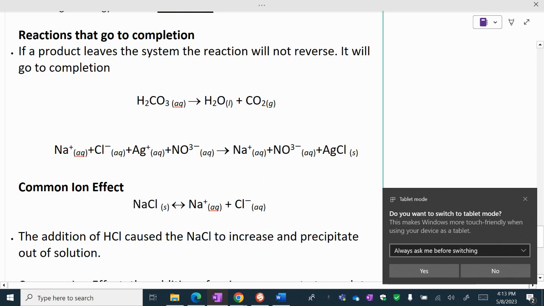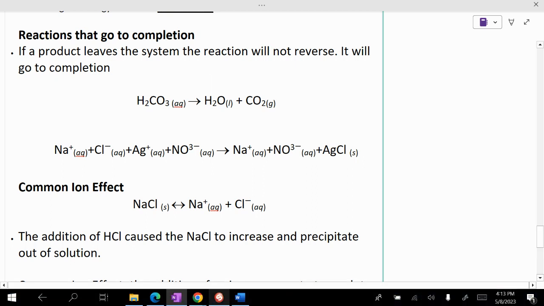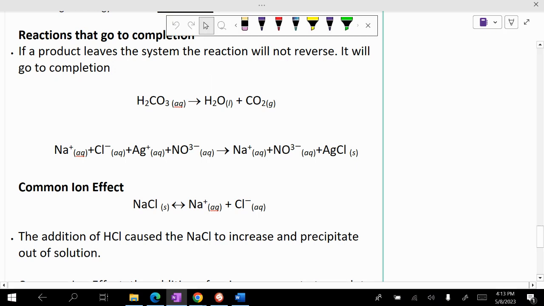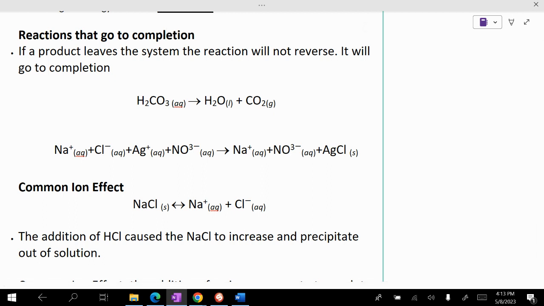So far we've been talking about reversible reactions, systems at equilibrium. But if you have a product leaving the system, it will go to completion. It will not reverse. And so there are two ways that we're going to talk about how a reaction can go to completion. This first reaction, if you have the formation of a gas,